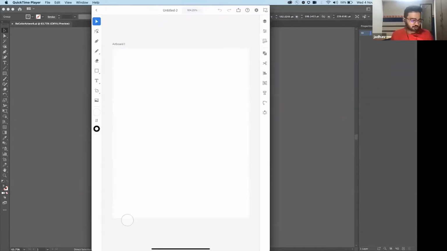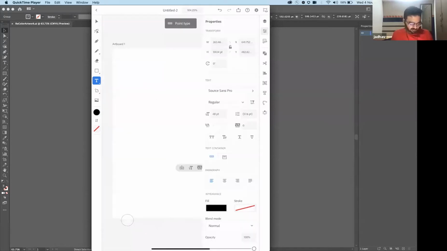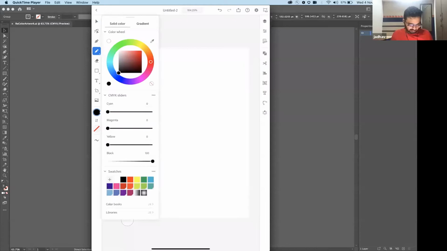So similarly here you have the pen tool, the selection tool, the eraser, your shape tools, your text tools, and you can also work on the colors and all. Let me give a very simple example here. So for example, let me just delete this one. So if I want to create a simple pattern, right? I can just come to my pencil tool and I can change the color.